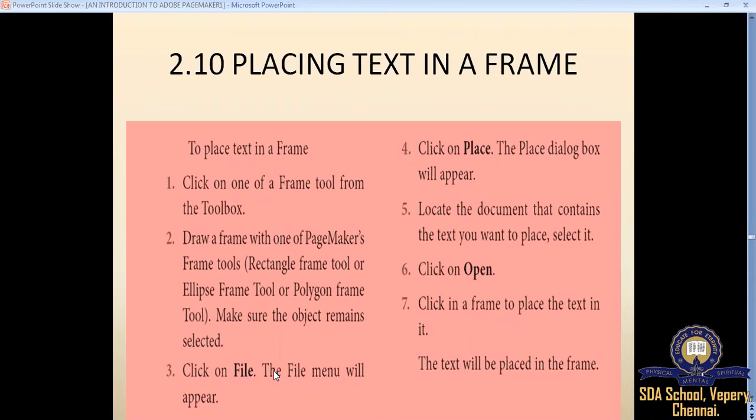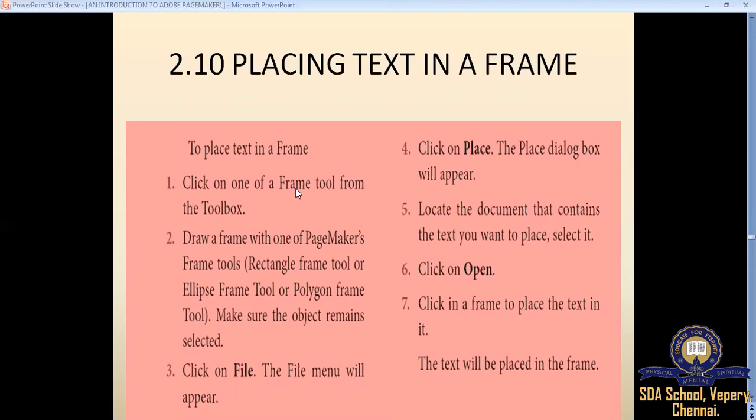Click on the File menu. Click on Place, and the place dialog box appears. Locate the document that contains the text you want to place. Click on Open. Click in a frame to place the text in it. So these are the points to be followed to place a text in a frame.